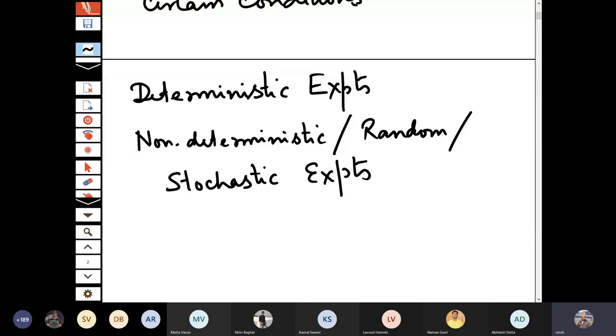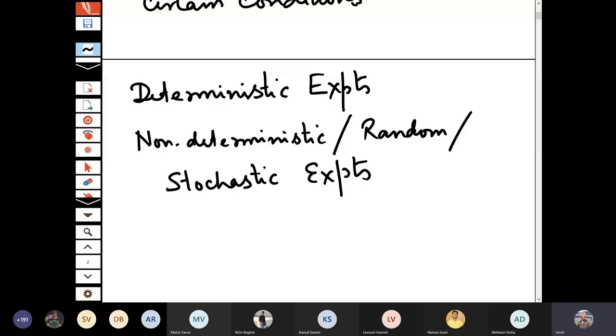And the same thing is true about most of the things which happen in real life, whether you consider the longevity of a person, the survival time from a disease, the amount of rainfall, the climatic conditions, the agricultural production, the rate of economic growth. All of these things, whatever macro level or micro level things you consider in the universe, they have certain non-determinacy in their behavior. Now the subject of probability and statistics is developed to study such non-deterministic phenomena.